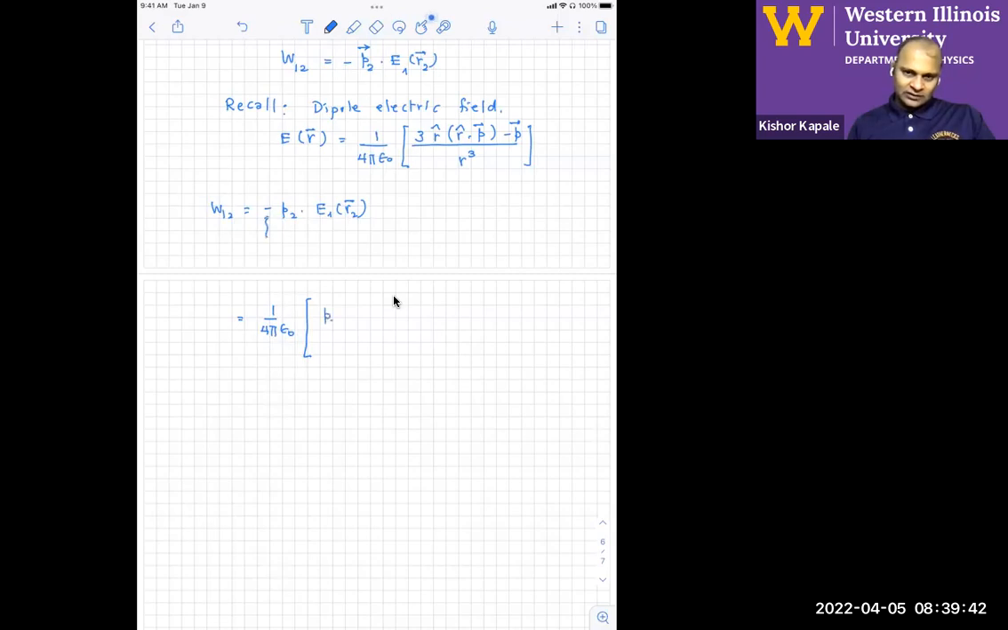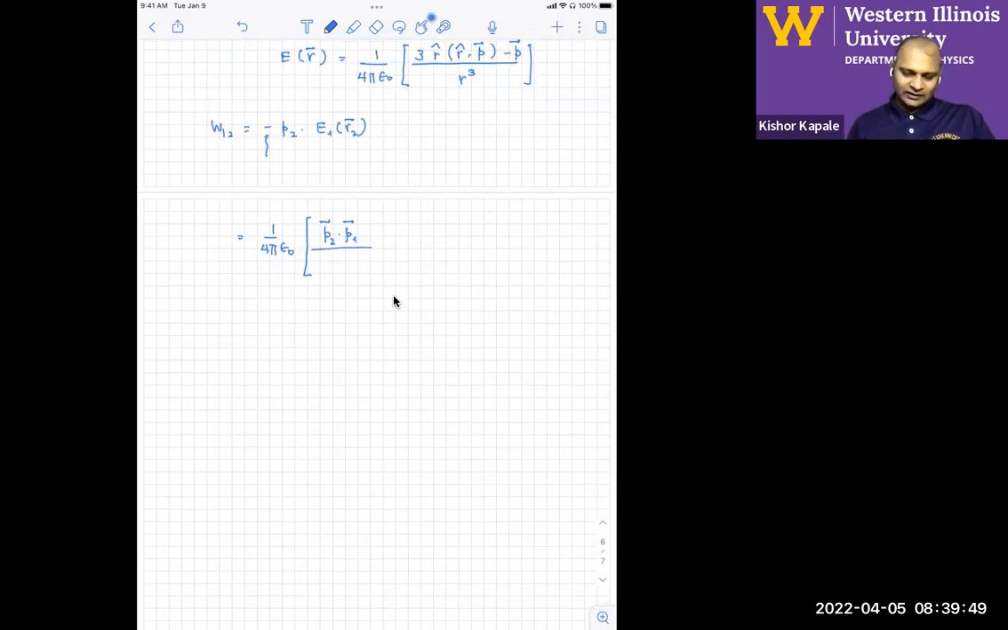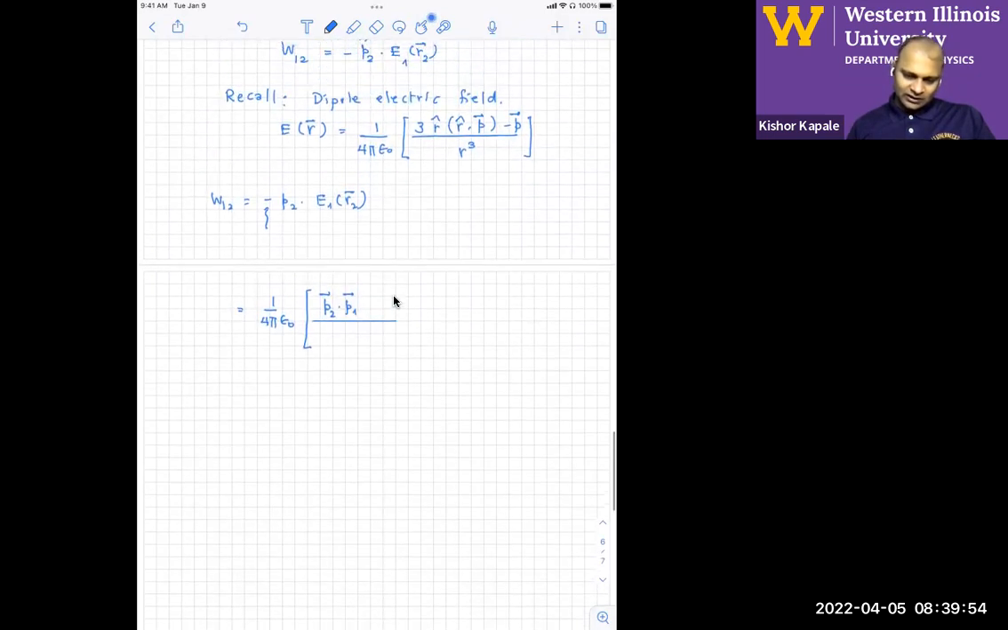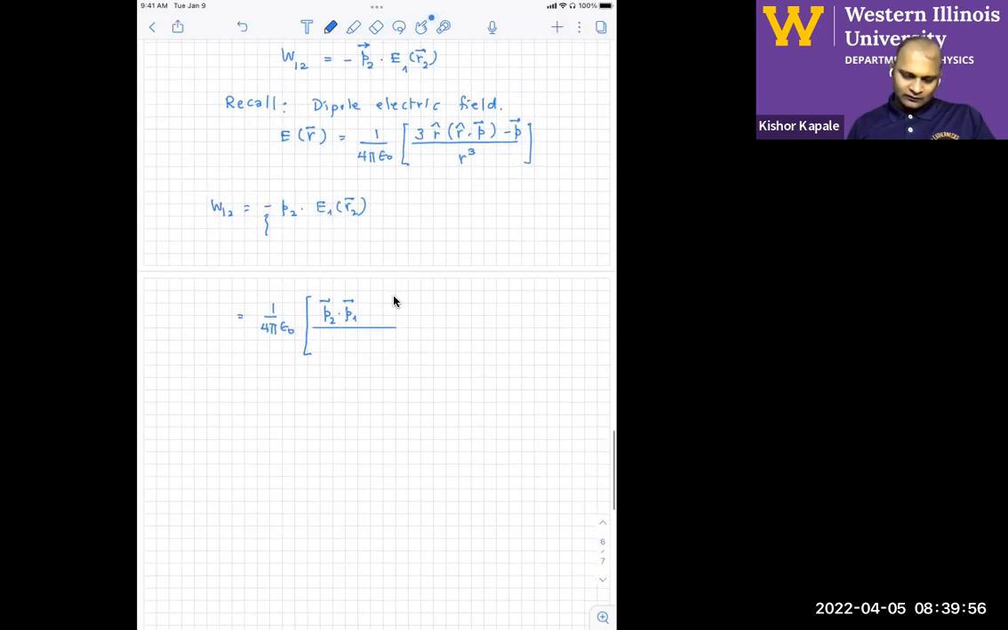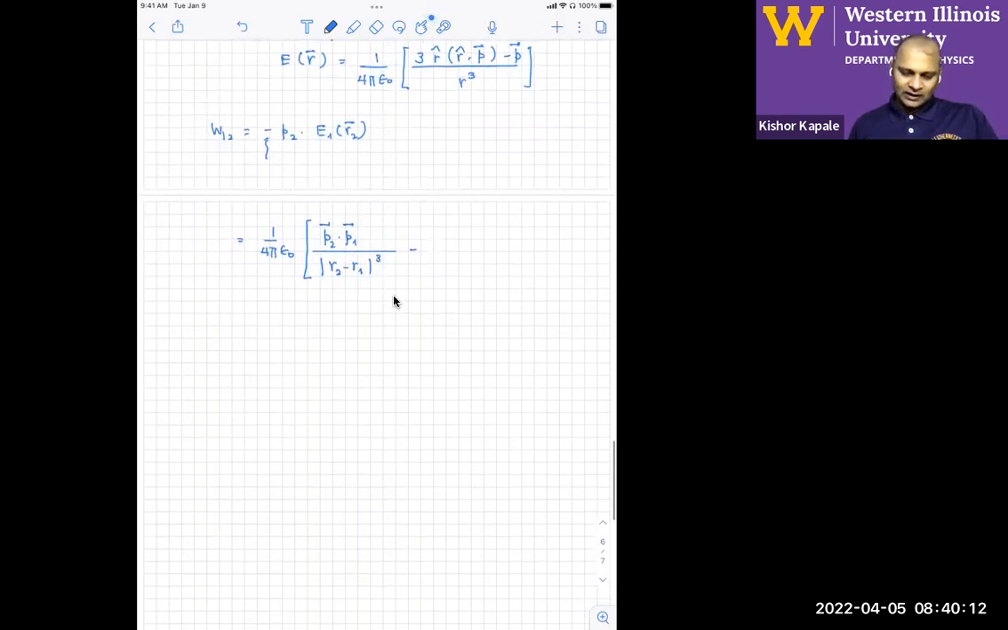And so you're just going to get P2 dotted with P1. For the dot product, of course, the order doesn't matter, so I could very well have written that as P1 dotted with P2. In the denominator we have R cubed, which is the distance between the two dipoles, so it's going to be R2 minus R1 distance cubed. And then the other term is going to be 3 times